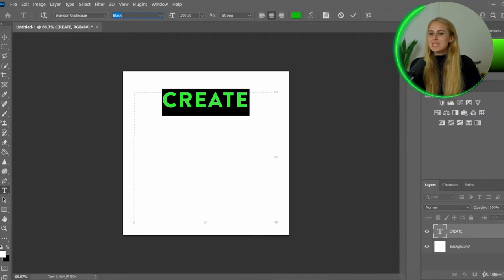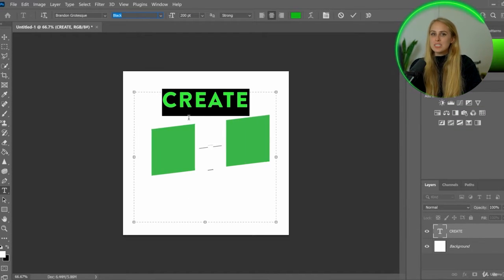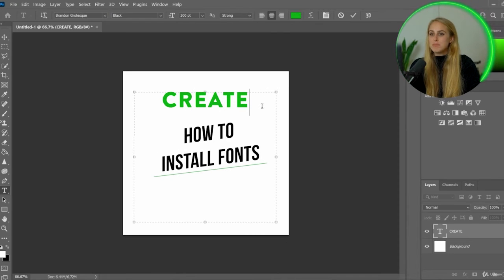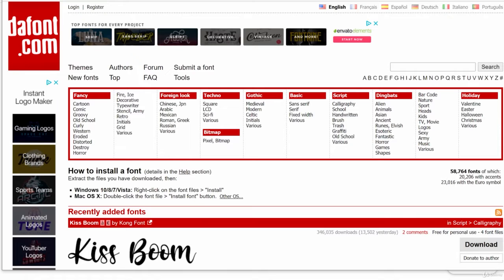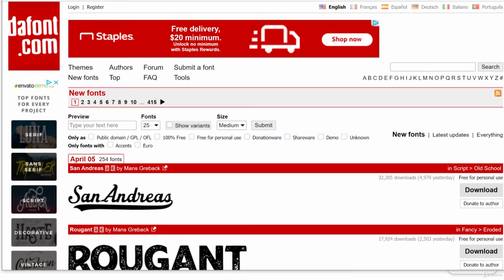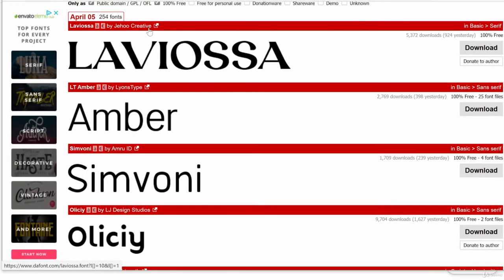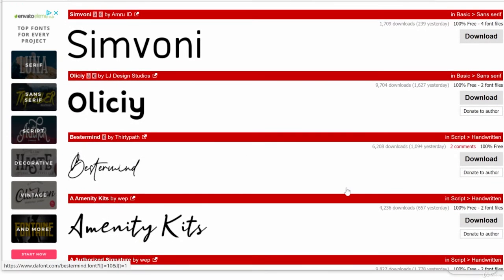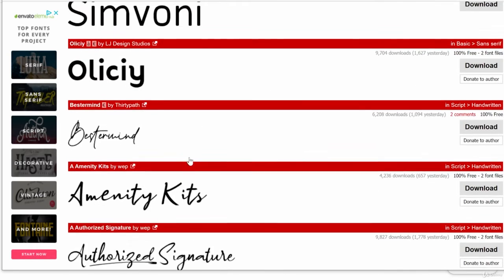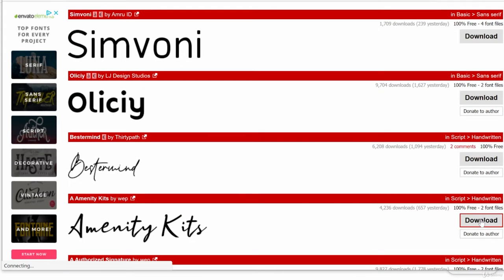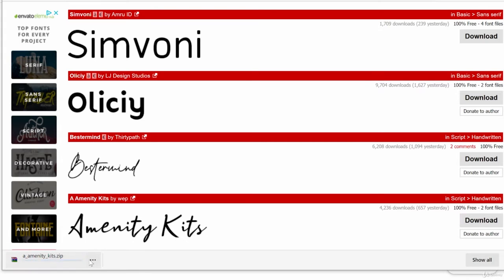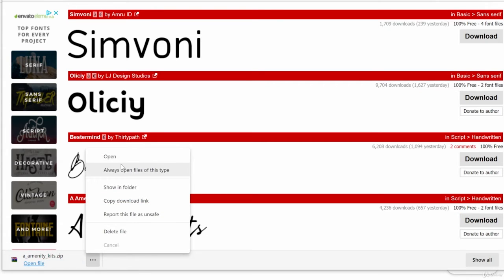A great place that I like to go for fonts is DaFont. It's a website and they have tons of free fonts. So what I did for this is I just went to dafont.com. I came here to more options and then I came over here to 100% free, submit, and then all of these you can download. Let's say that I really liked this one. I can press download. I just downloaded it, open it,